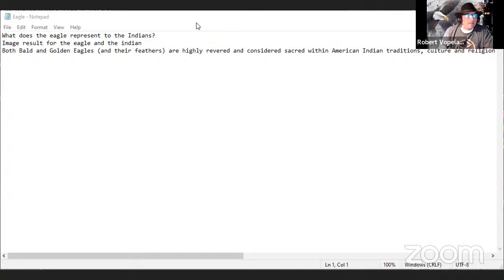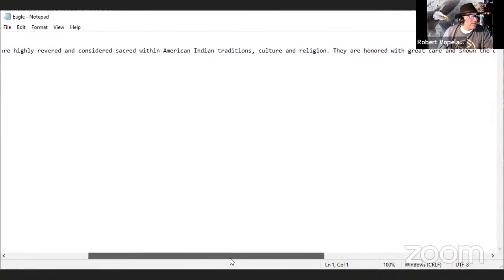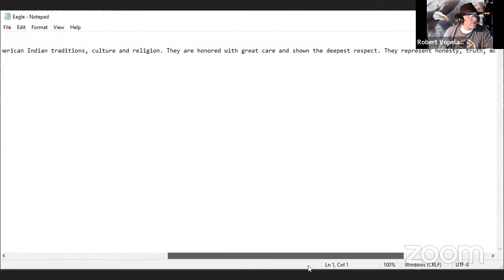Oh, yeah, definitely. Let's see, I copied this down from somewhere. What does the eagle represent to the Indians? Both bald eagle and golden eagle and their feathers are highly revered and considered sacred with American Indian traditions, cultures, and religions.